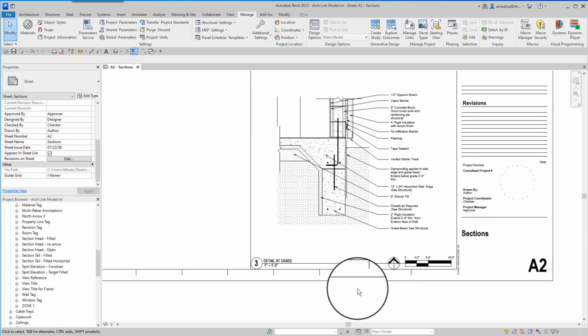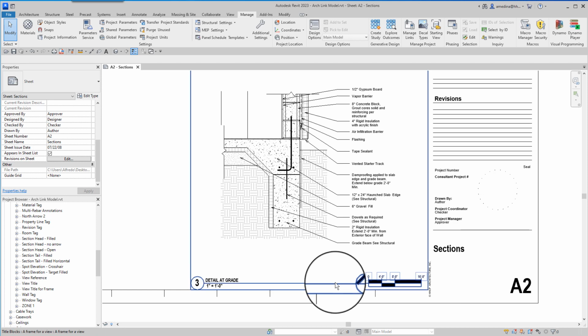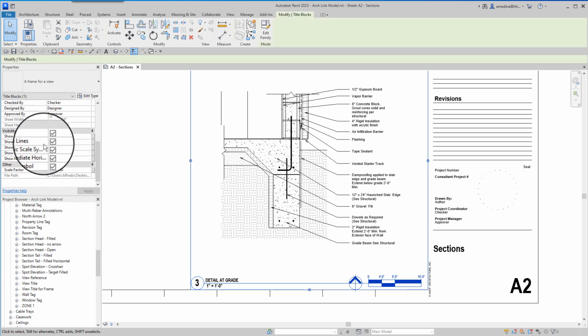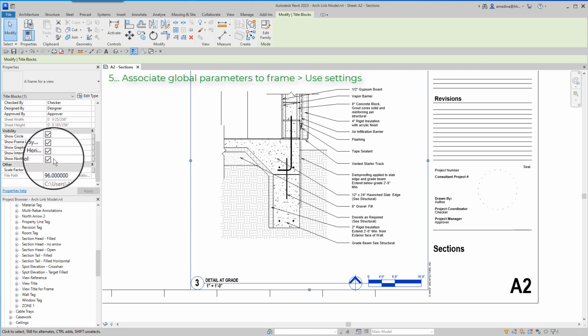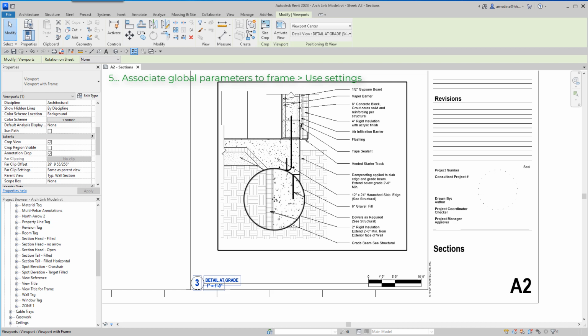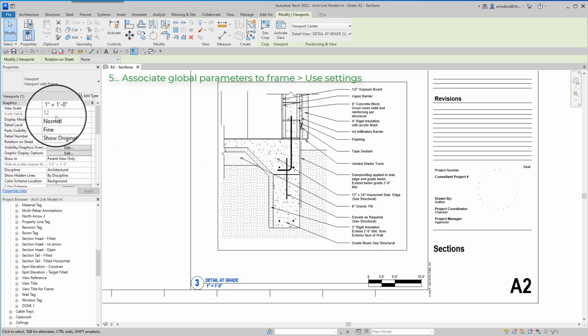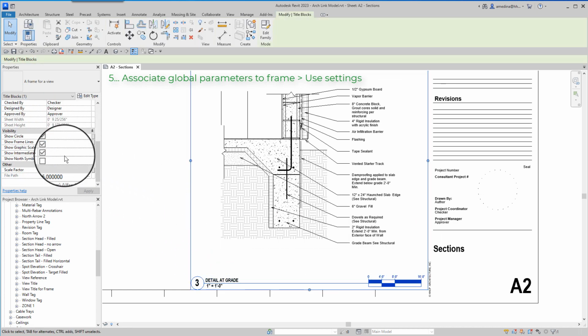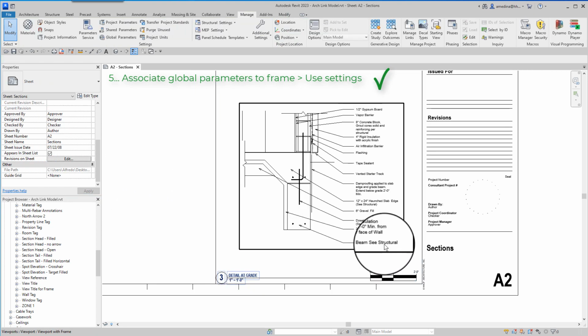And then because this is a detail, we don't need this north symbol. So I go to the options and turn off the north symbol. And for the scale, we go to the properties of the view and we see that the scale factor is 12. So we select the frame and change the scale factor to be 12, right?